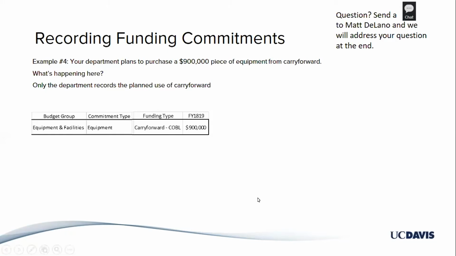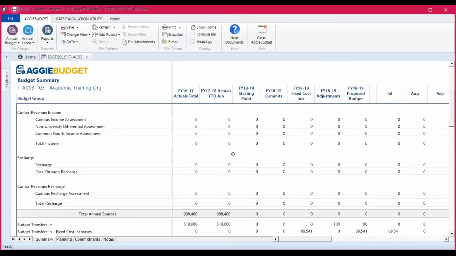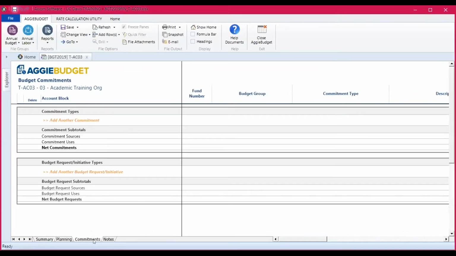So that's the example on that one. Before we take more questions, I wanted to go into the AggieBudget system and show you an example of how you can record something one way as a commitment and the other way as a planned use of carry forward. So this is the main screen. I'm just using training data, and it opens up to the summary. How you get there is you go to the commitments tab, and this commitments tab is blank. So you add a commitment,